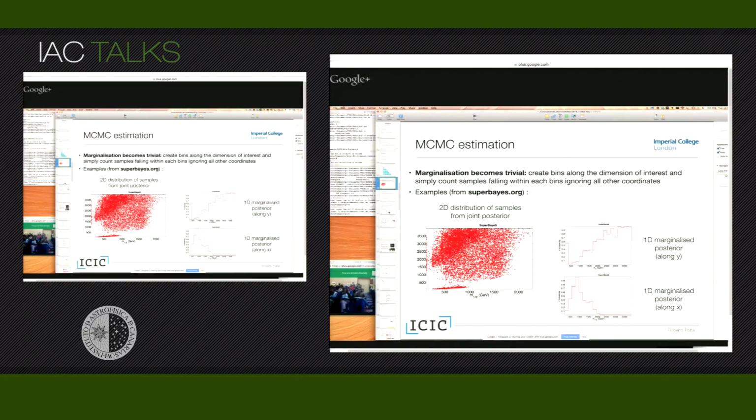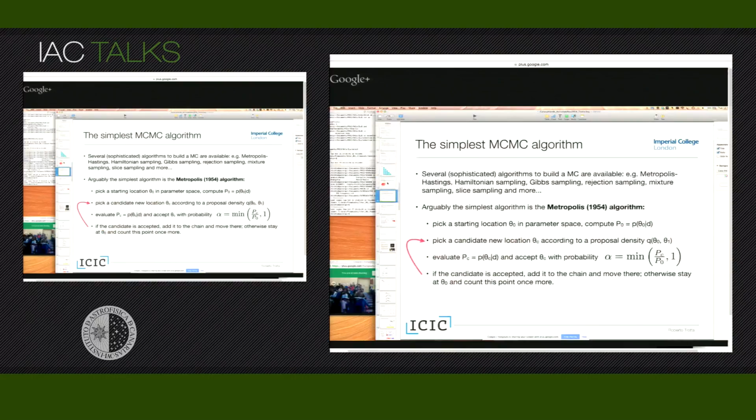Okay, to conclude this part about MCMC, before we move on to the supernovae, I again want to flag a few practical aspects. There are many MCMC algorithms: Metropolis-Hastings, Hamiltonian sampling, Gibbs sampling, rejection sampling, mixture sampling, slice sampling, many more. Each one of them is tailored to specific cases and specific difficulties in sampling certain kinds of distributions. The simplest one, arguably, is the Metropolis-Hastings algorithm that works well in simple Gaussian cases